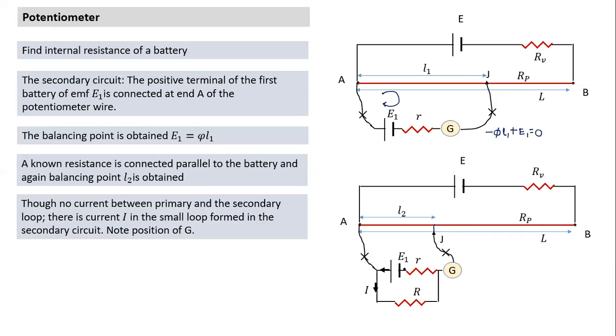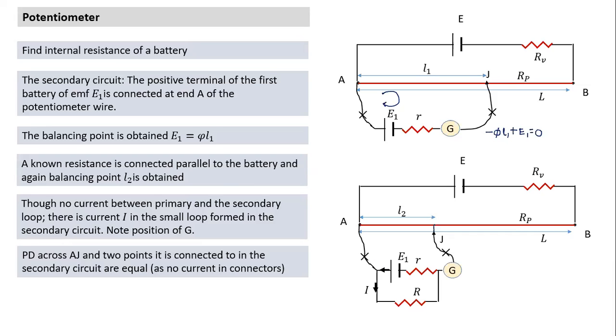Current I is flowing. So, similar to the previous case, I apply the Kirchhoff loop rule along this loop. This loop is getting formed. Okay, so can we write this equation now? See, every time, if you pay attention here, whenever we connect a circuit like this, if you understand one important point in the potentiometer, it helps in solving many questions.